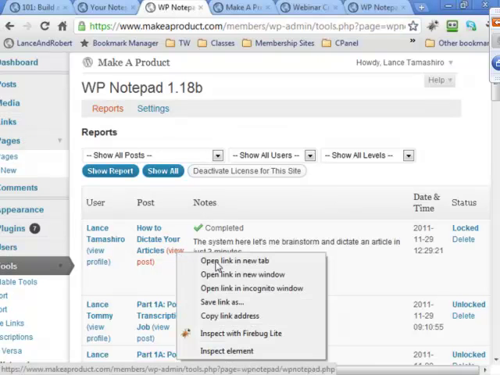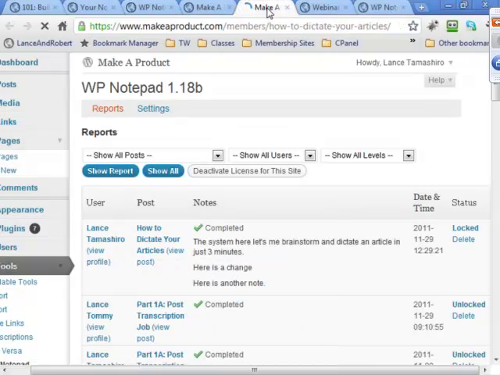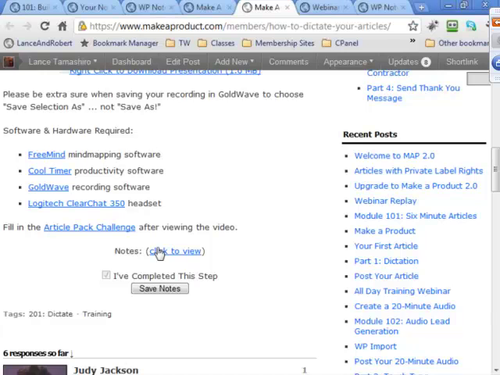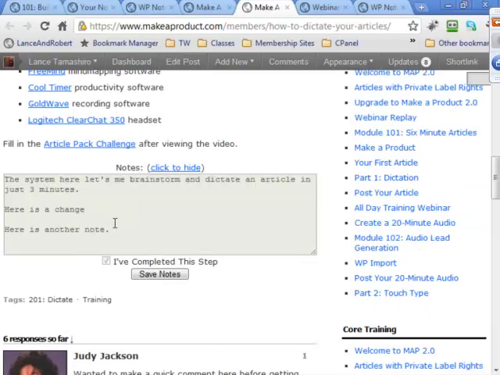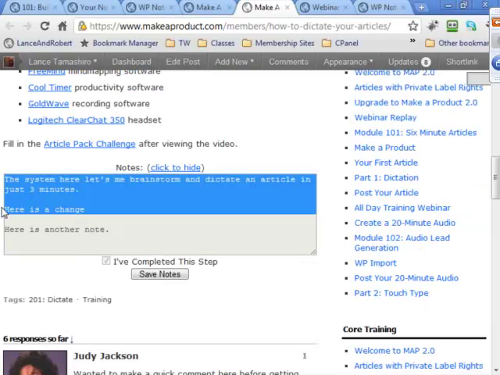So now if I go back and try to change something on that post, I can't. I can't type anything more. I can still see what's there. I can't change the status. I can't change anything about it, so that now we have a place to move forward inside of our training, inside of our accountability, inside of our building something for somebody else.